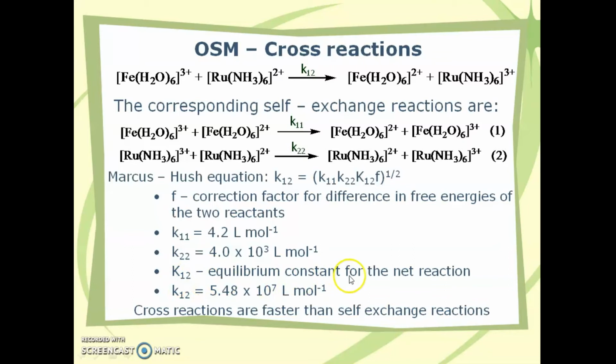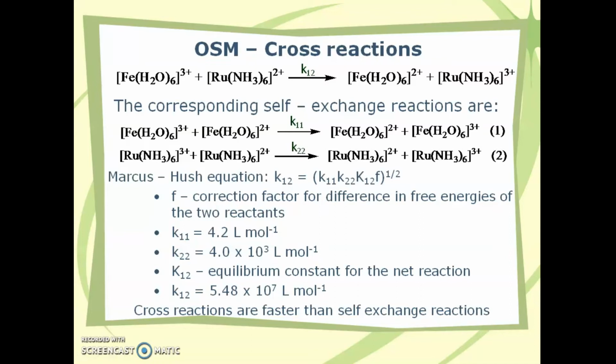And the equilibrium constant for the net reaction, when that is also substituted, then what they have observed for the rate of the cross exchanges is that it is more than the rate of the self-exchange reactions. So the cross reactions are faster than the self-exchange reactions. This equation was given by Marcus and Hush, and Marcus was awarded the Nobel Prize for understanding the electron transfer reactions